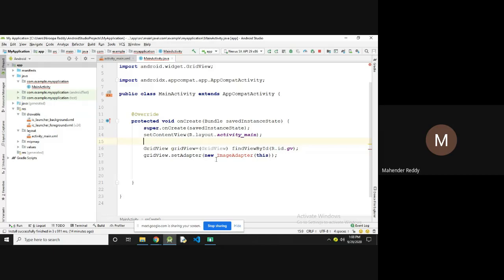For a grid view, we have to set the adapter, so we have to create the image adapter class. Here I'm using ImageAdapter, you can also use any other name. So I'm going to create this image adapter class.